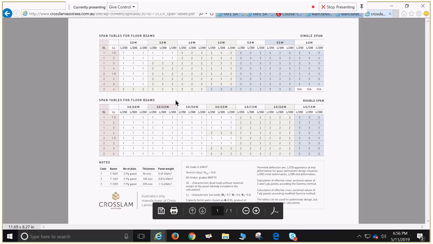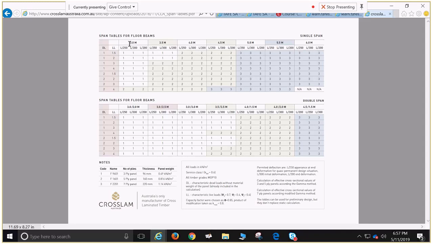Their span table is not written in the same way that, say, your floor truss span tables are written. They've got dead loads and live loads here, and I don't fully understand it. I haven't contacted them to get that full understanding. You've got your explanation down here, but we've got what appears to be dead load of a single panel, dead load of 2 panels, and then live loads as a function of